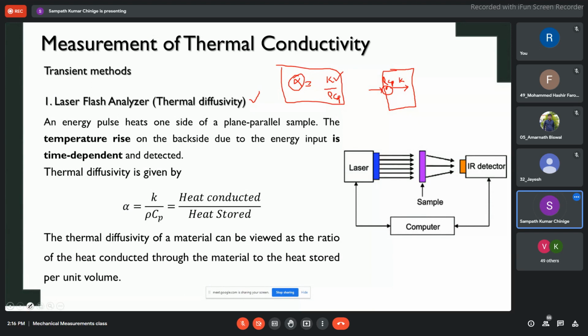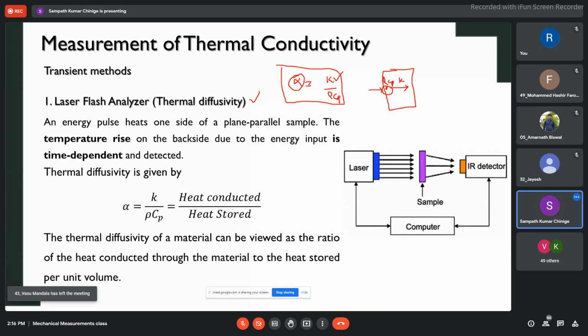So it's a very interesting methodology that we use, which we call the laser flash method, in which an energy pulse, by using a laser, we are heating one side of the sample. So let us say this is the sample of very low thickness, and by using a laser, we are sending that laser light and impinging that on one side of the surface so that it gets heated up very quickly. So when it gets heated up very quickly, automatically on the back side, since it's a kind of an impulse, sudden variation in the heat.